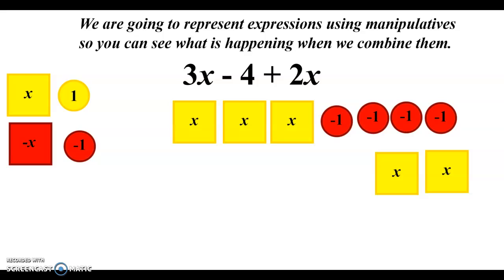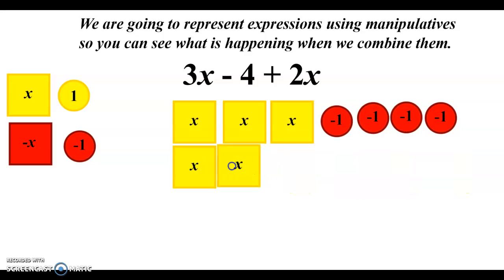And now I'm going to also have plus 2x. Now when I look at this one, I do see that I have some things that are alike that I could put together. I've got these 3 x's over here and these 2 x's over here, and if I combine those, what I really have now is 5x minus 4. And so what I have when I combine those like terms is 5 x's minus 4,